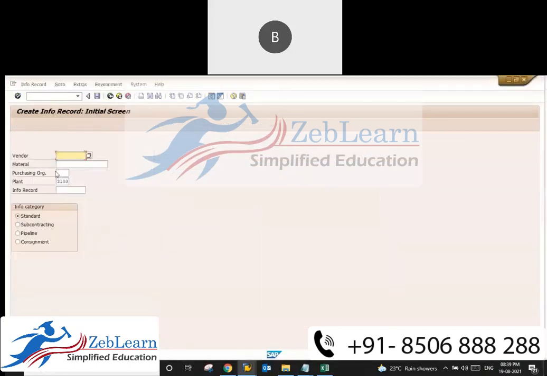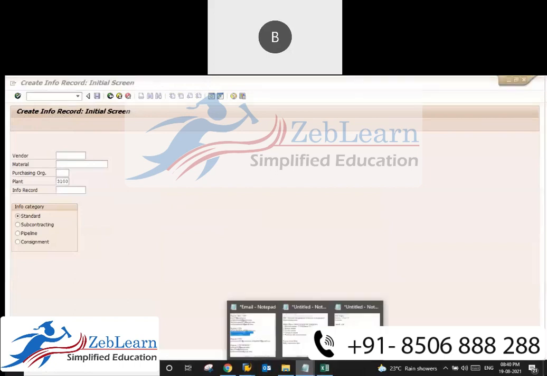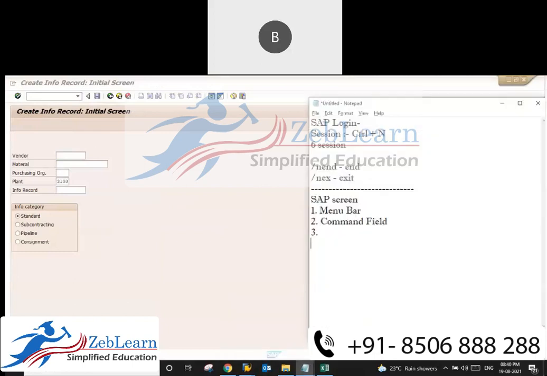ME11 means create info record. We learn this in our regular classes also, but for repetition purposes, we repeat this transaction too. Create info record.